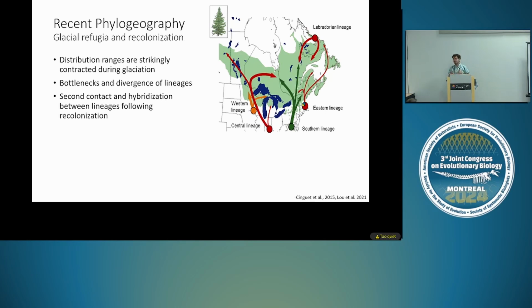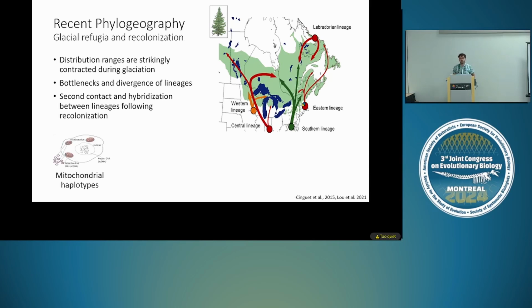That creates bottlenecks and contributes to the diversification of lineages that might have survived in different glacial refugia. And when the ice melts, those lineages will likely recolonize the newly available habitats, which contributes to second contact between those diversified lineages. And the field of phylogeography has been studying this for a while now, starting in the